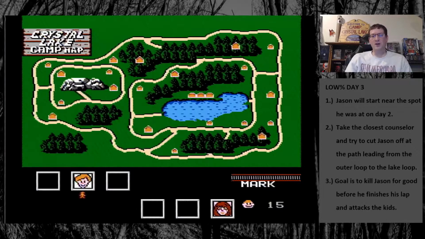There is one other minor element of RNG to this day. It doesn't happen often, but sometimes when your first counselor dies, the second one will have moved to a really bad location, and that'll make it a lot harder to catch Jason around the northern forest before he gets in and attacks the kids. And if he attacks the kids, you're either stuck trying to do a day 3 cabin fight, which is a lot more dangerous and a lot slower, or you've got to wait for that extra minute for him to kill the kids so you can meet him by the eastern bank of the lake. So with that, let's get started on the